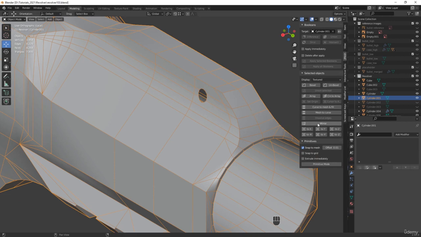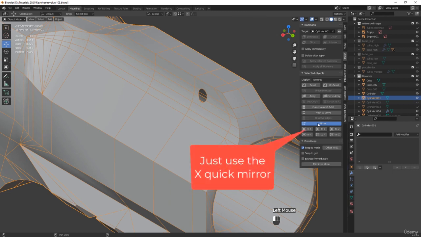And what we can do now, hey guys, once again I'm gonna put a freeze frame, and again it has also to do with the mirror. Essentially what I am about to do is going to create a problem where I have overlapping geometry, and I think it's because I didn't select the bisect on the mirror. And this creates some overlapping geometry around that hole that we were just creating there. And basically, in order for you to not have this problem, just use the X button with a quick mirror, which is going to do a quick slice and weld,